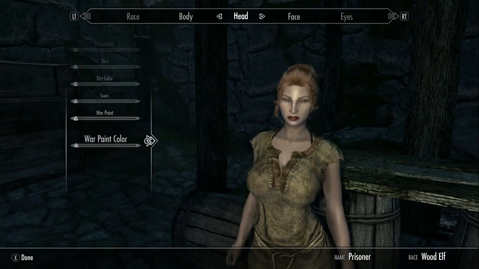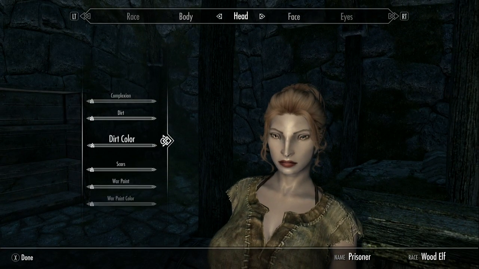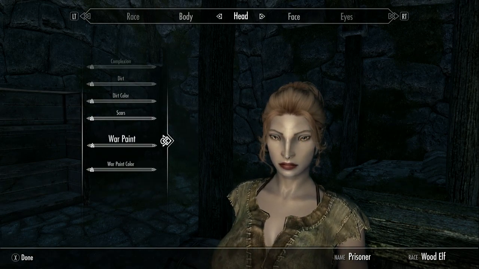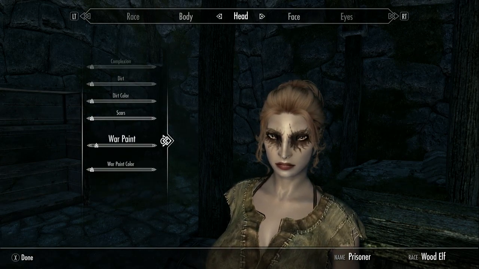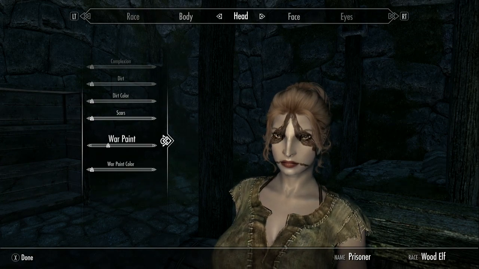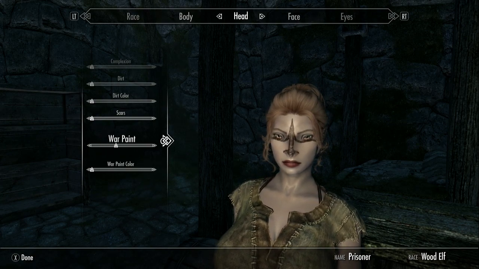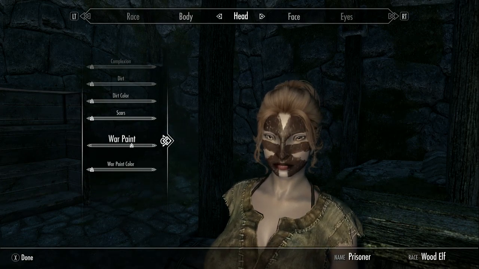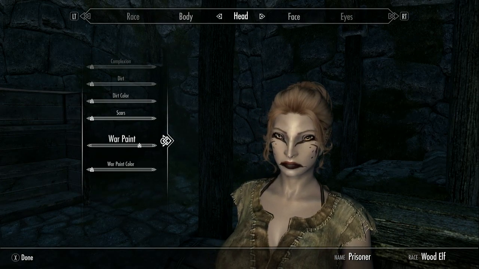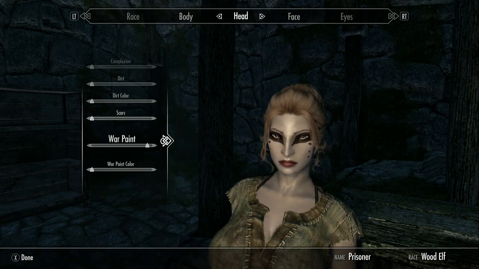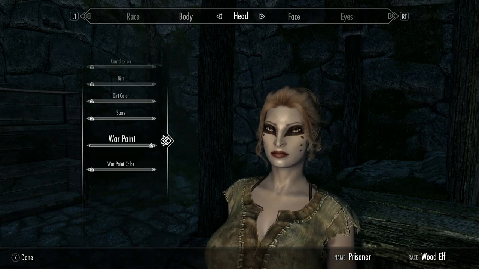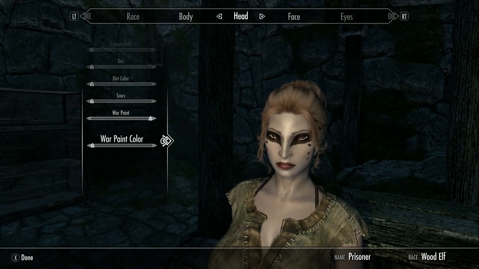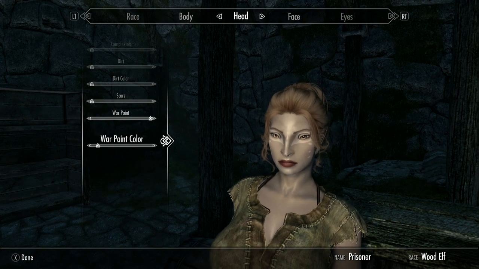We have basically a clean slate here. Now I don't usually change any of this unless I decide I want some war paint. Now if I do, I usually try to choose something that I think is going to go with my character. Most of these I don't like that much, so I wouldn't choose these. But if you wanted something like that, well then if you do that, choose a color to make it